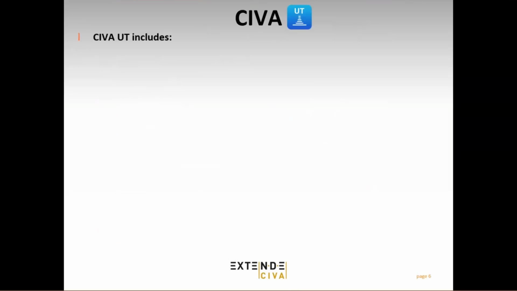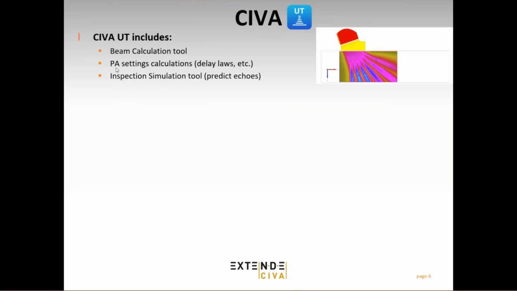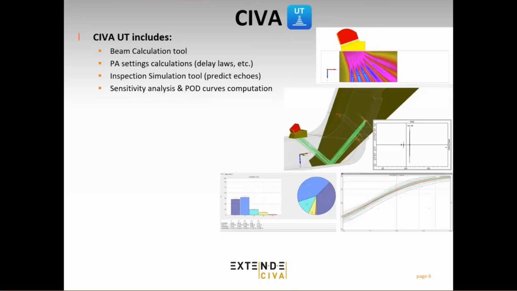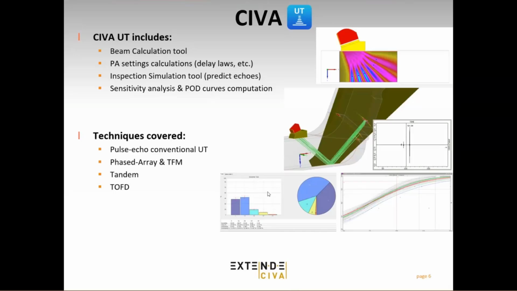The CIVA UT module includes the capability to compute and map beams, including for conventional or phased array probes. You can see here beam mapping with different shots from phased array probes. You can also predict echoes with inspection simulation tools, predicting A-scan, B-scan, S-scan, and so on. We also provide statistical tools to perform sensitivity analysis and POD curve calculation, as you can see here on the graph. It covers conventional UT,